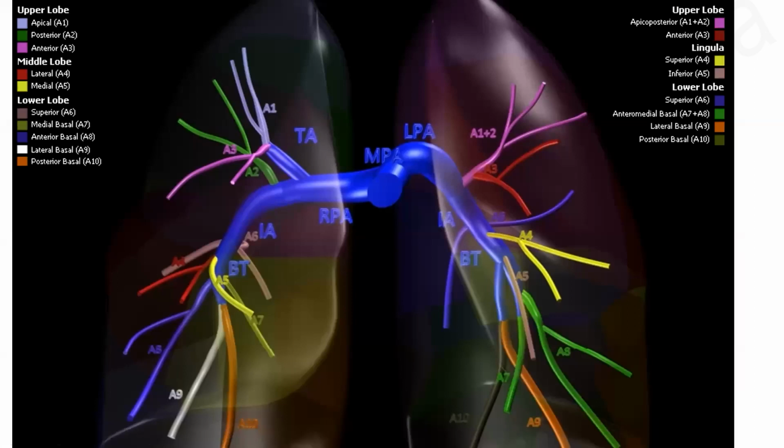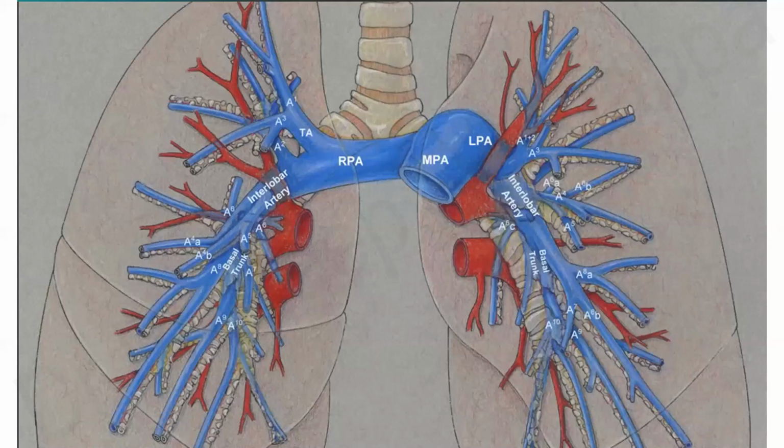So when it comes to CT interpretation, the whole classification as to where the pulmonary thrombus is sitting is based on the branching of the pulmonary artery. This is something we discussed in our master class. The presence of thrombus is denoted to the branch of the pulmonary artery supplying a particular segment of the lung, and this is the 3D imaging of the branching of the pulmonary artery. Every branch of the pulmonary artery in relation to the segment is coded with A1, A2, A3 up to A12.